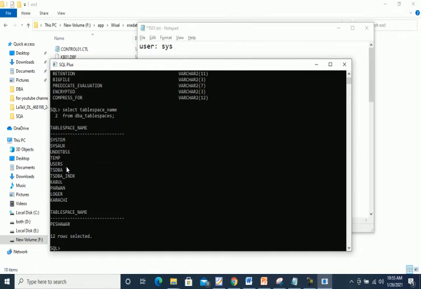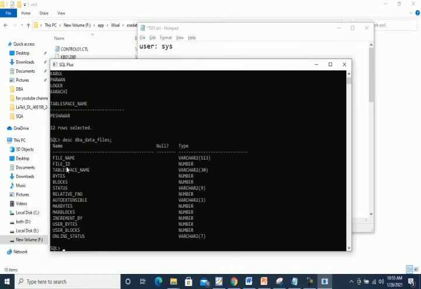Now if you want to see information about the data files and their corresponding tablespaces, for that we use another data dictionary view, describe dba_data_files.